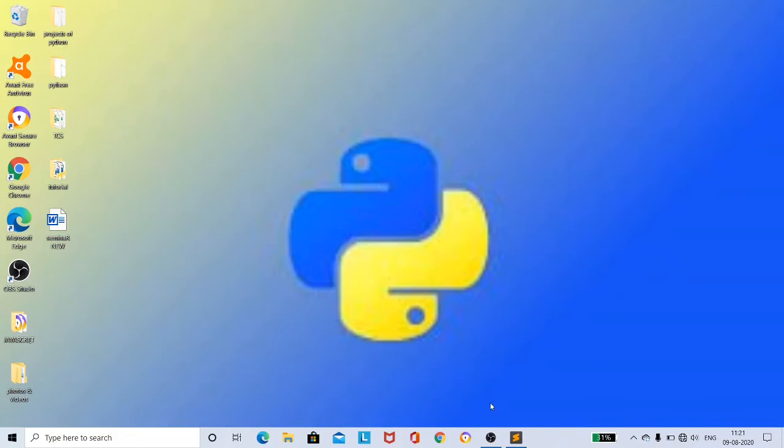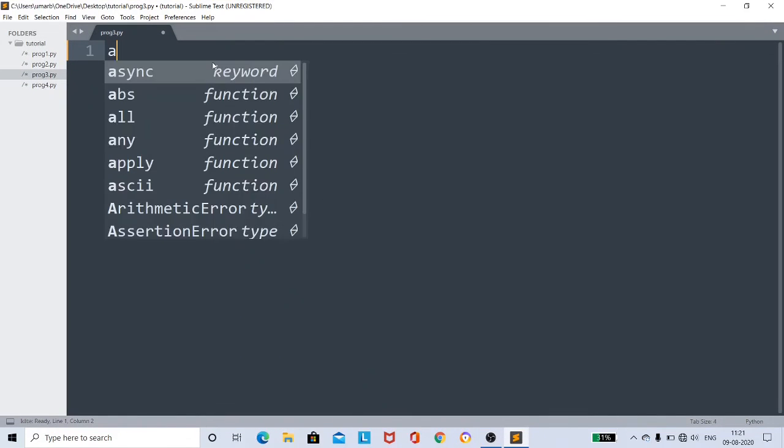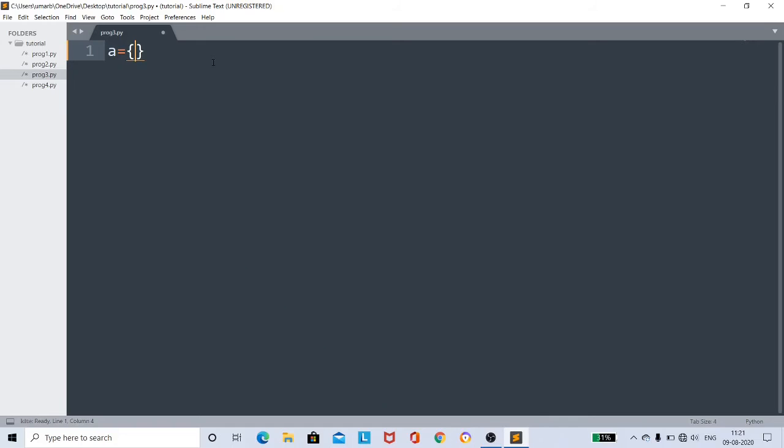See here, for example, my set A has values like 10, 20, 30 and 40, and my set B has values like 200, 300, 400. Set A and set B are said to be disjoint sets because there are no common elements.